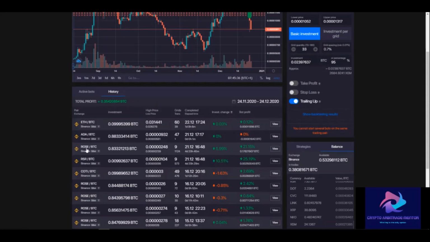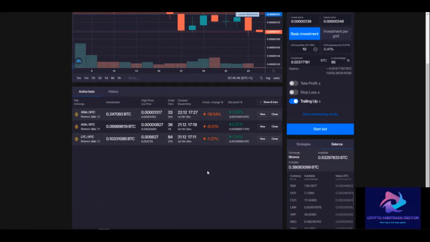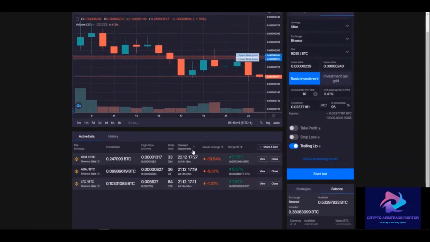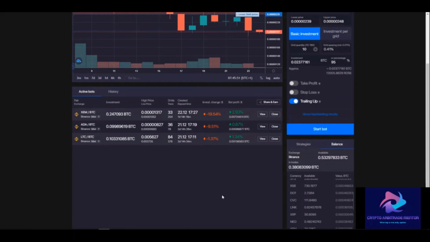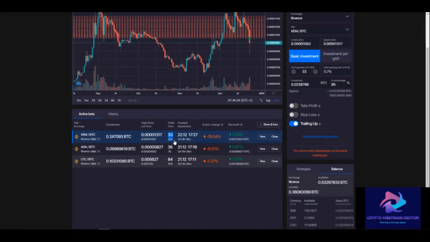Look, this one, Rose BTC, with 4 days and amazing profits, because it makes a lot of trades in the grids. So look again at the grid strategy. I'm going to explain the grid strategy to you, and here you can see that in only one day and 14 hours the XEM BTC bot made 254 trades, and the ADA BTC, in 2 days and 1 day more, only makes